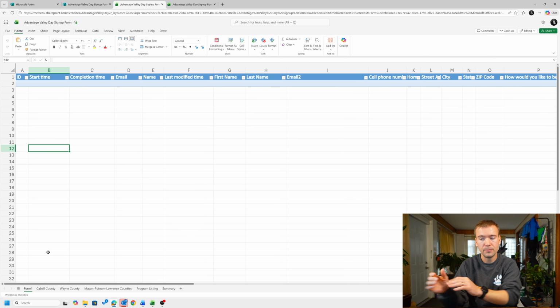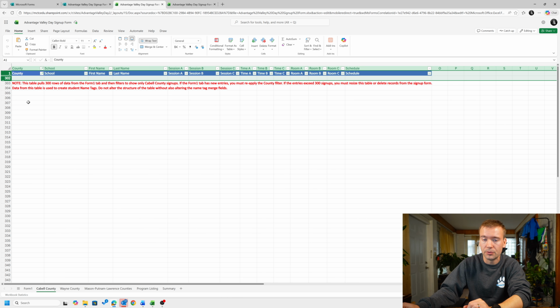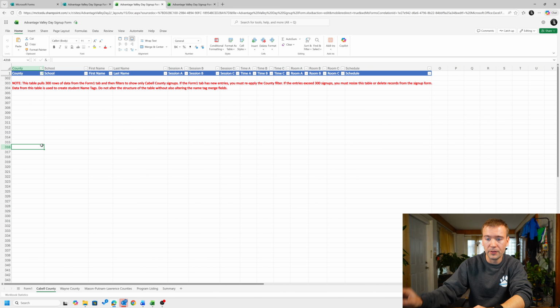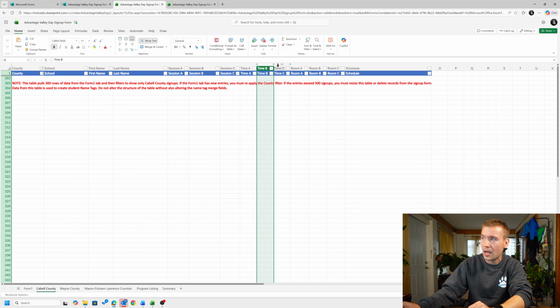After we get those submissions, then I have 3 more spreadsheets, or tabs, that I use for creating name tags. These have 300 rows that are hidden from you, that populate with data based on a filter. The filter on this one is if they chose Cabell County as their school district, then I want them on this spreadsheet with all of their information regarding their school, their first name, their last name, what sessions they chose for A, B, or C,